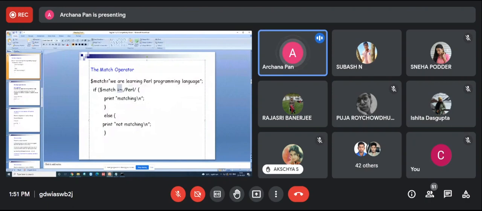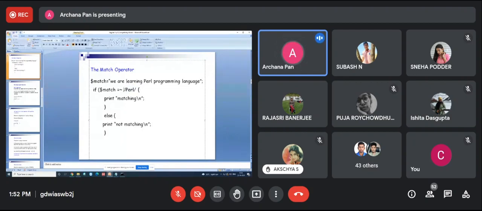So you have to give the binding operator to use this one. This is the match operator, the binding operator, and in this case you have to use only a scalar variable. If you write an array here, it won't work. So this is the match operator. Without m, also it will work.